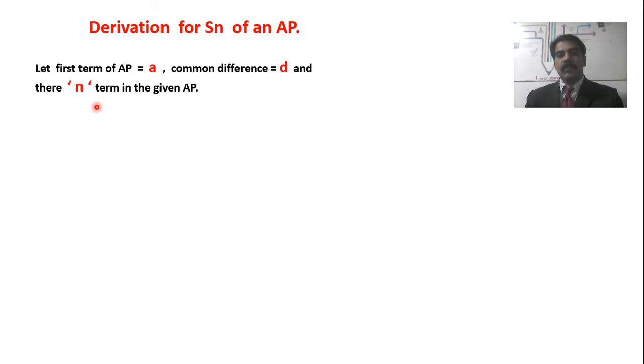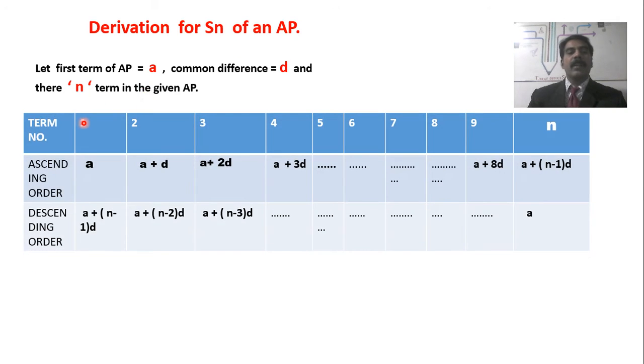In order to understand it, let us draw a chart where the term numbers are written here: 1, 2, 3, 4, 5 up to 9, because I don't know how many terms there are. So, I am replacing that 10 by n, because I am calculating the general term. Now, we will write the first term of the AP as A, the common difference is D, so add D to it, we will get the next term, again add D, we will get the next term, because the common difference is D. Is that clear? Students, can you observe any pattern here?